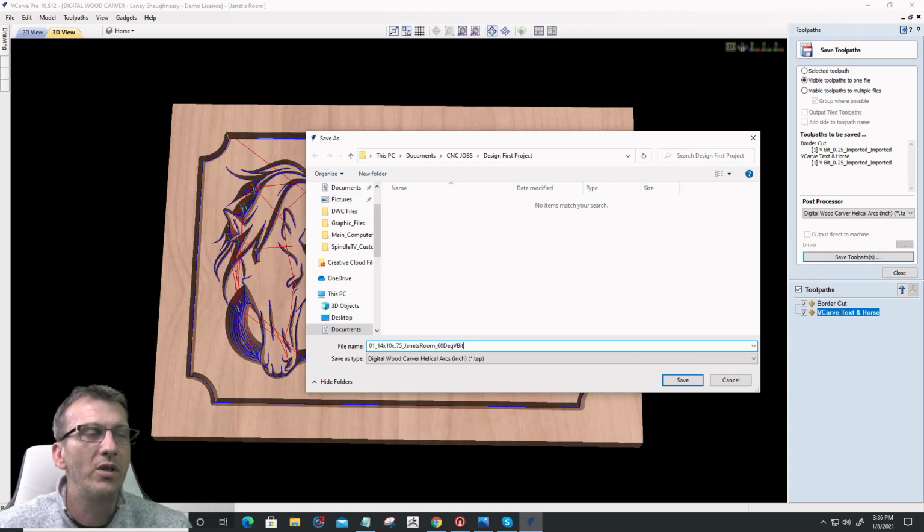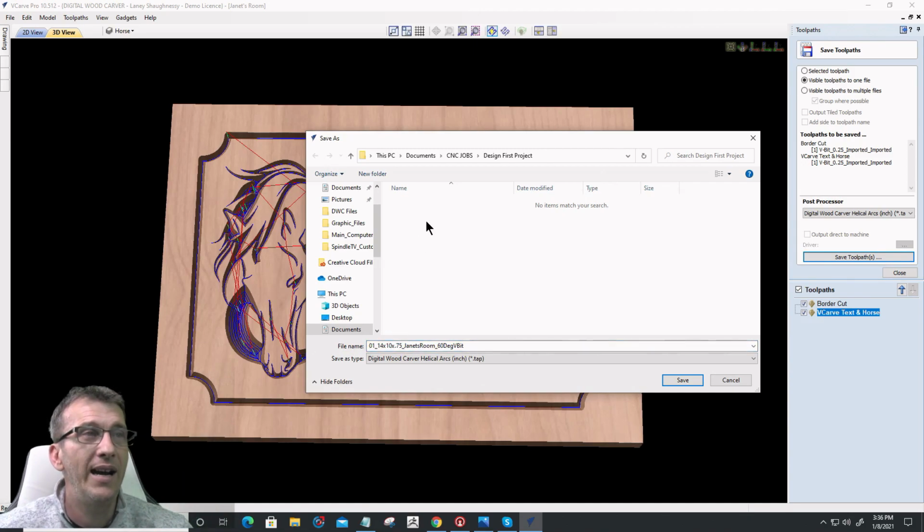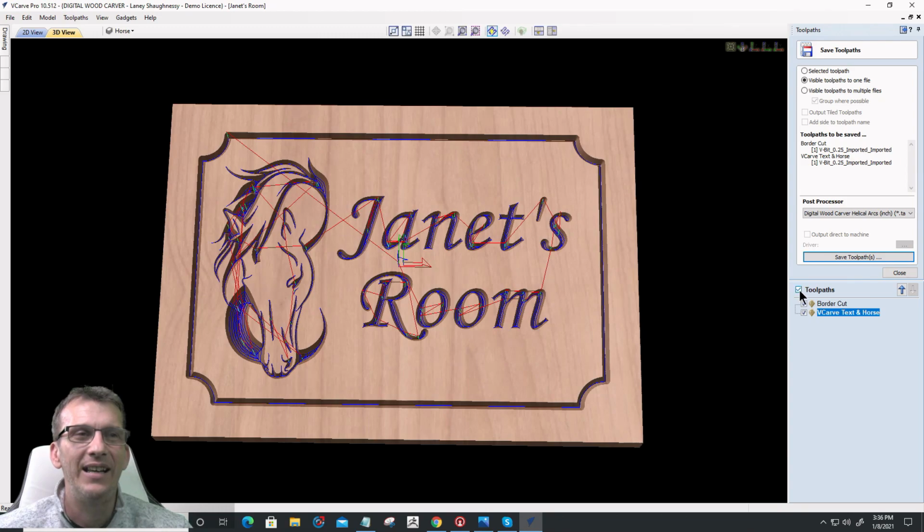Okay, so once we have our file name in, that is it. What this does is when I'm at my machine and I load this file into my controller software, I know for this job that this is the first file that I run. My board that I need to clamp on the table needs to be 14 by 10 by 3/4, and I need to put a 60 degree V-bit in my router, right? Makes sense, right? It tells us all the things that I need to know to run that job on my CNC machine. All right, let's go ahead and hit save to save that, and congratulations, you have just created and